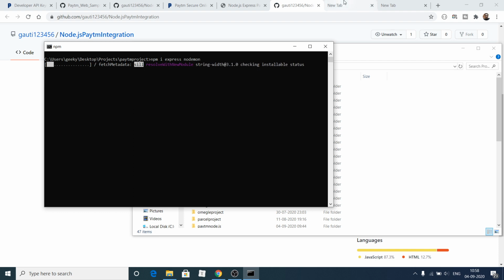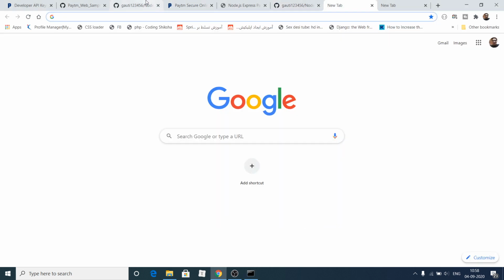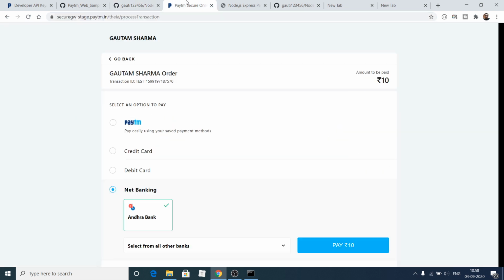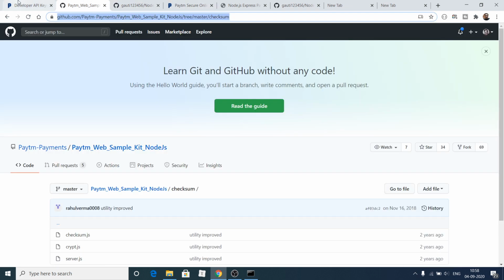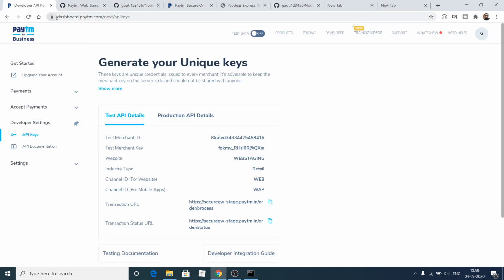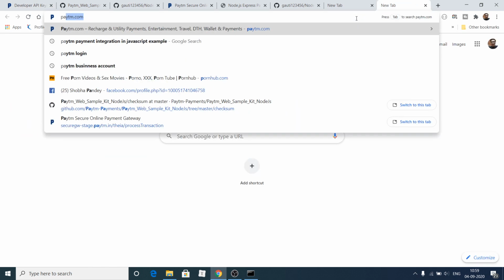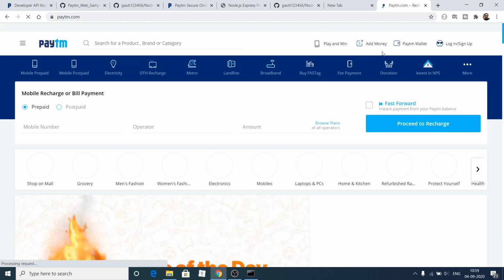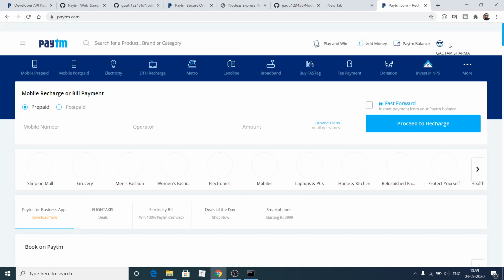So in the meantime, I can show you how to get your developer account in Paytm. If you go to the Paytm website, if you open the dashboard, you will see this section called developer settings. Let me just show you how to achieve this. If you go to paytm.com, you will have to first of all log in into your account.